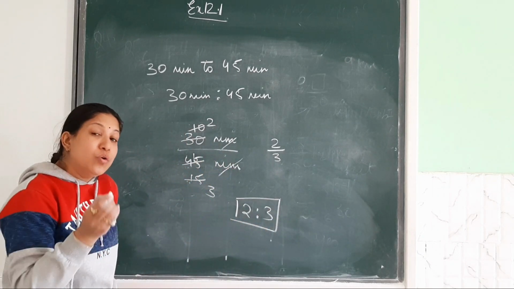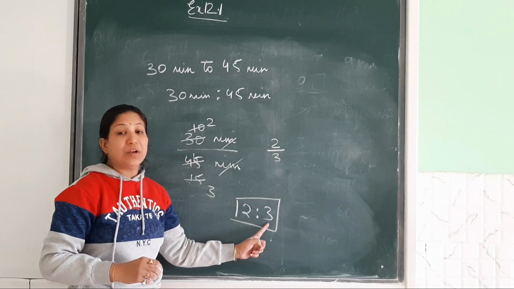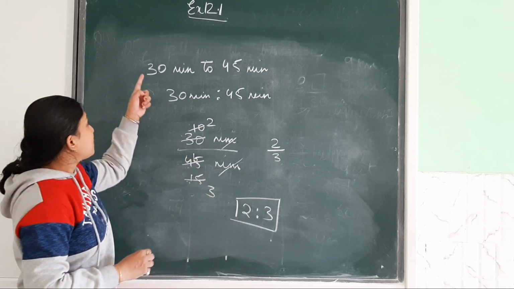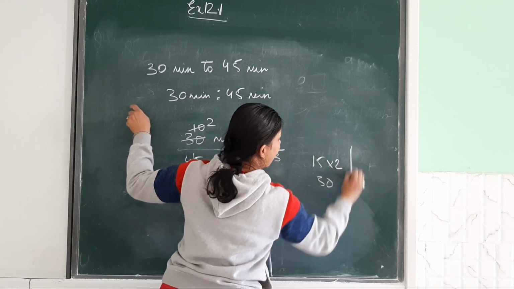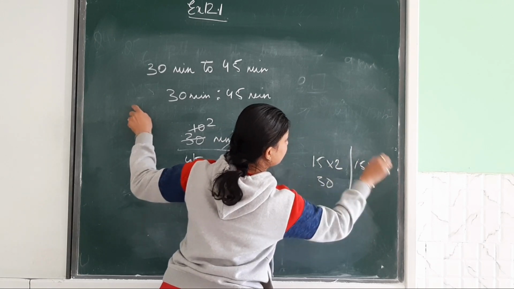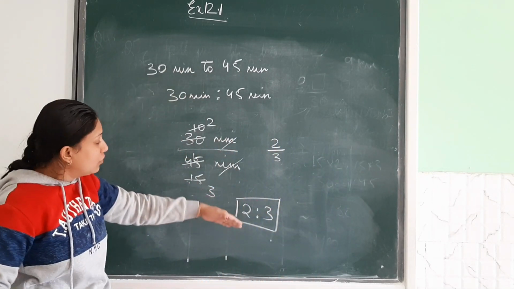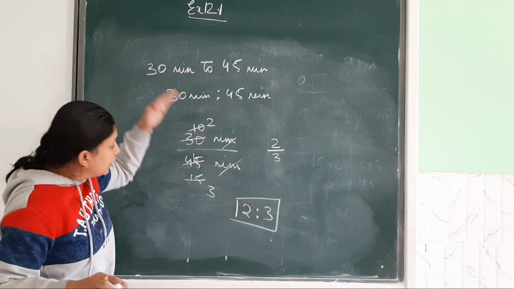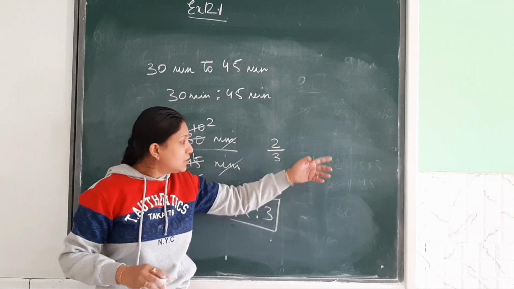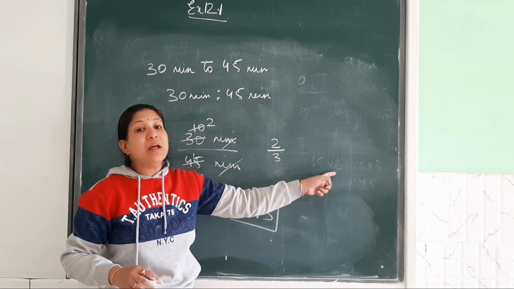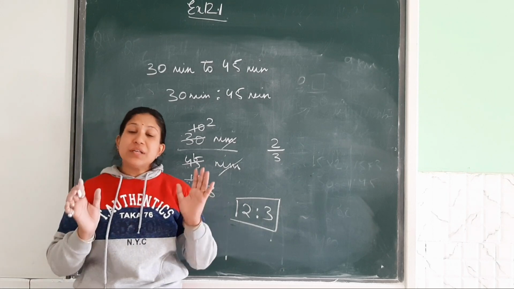What is the ratio? It is 2:3. What do you mean by 2:3? Whatever you have here 2 times, the same thing here you will get 3 times. Okay, check 2:3. That is, see, 15 2s are 30 and 15 3s are 45. You do it with any number. Okay, this is in equivalent form. We are reducing it to standard form. 2:3 means that any number you take 2 times of that, and the same number you take 3 times of that. Yes, so here we have completed the 6th question also.